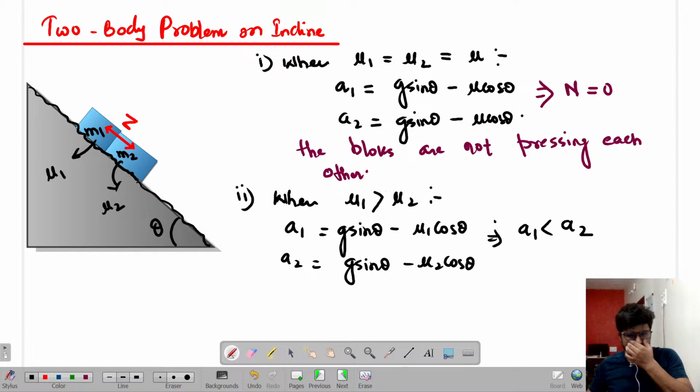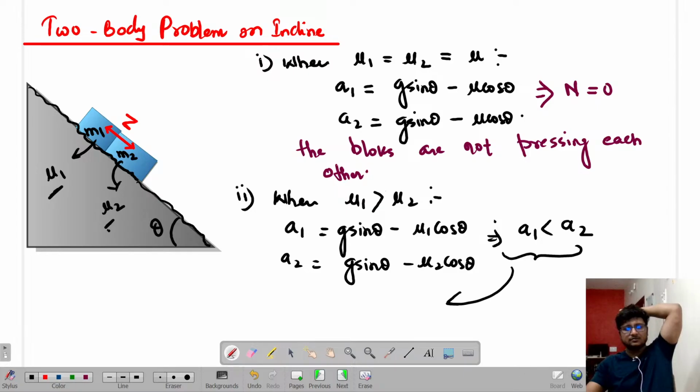Means I selected mu1 to be more than mu2. So what will happen? Acceleration of this block will be less as compared to acceleration of this block or not. Means m1 will move slower. This implies that m1